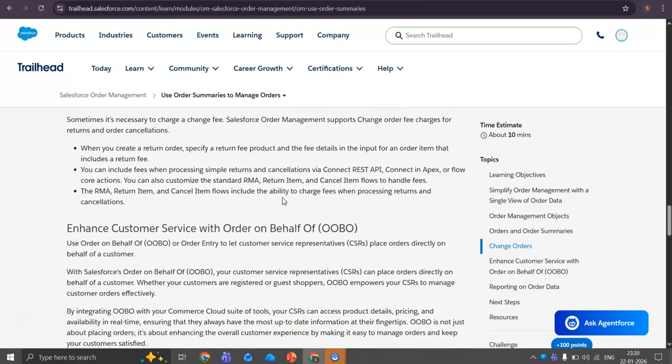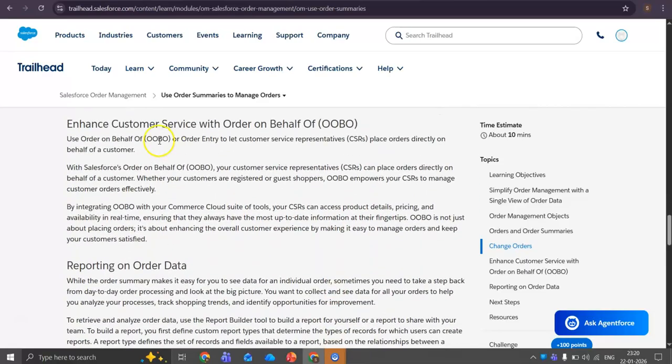Okay. So let me scroll down, and here we can see enhanced customer service with order on behalf. This one I think I explained a day or two ago. As the name suggests, order on behalf is nothing but placing an order on behalf of a customer. Here you can see, use this order on behalf or order entry to let the customer service representative place the order.